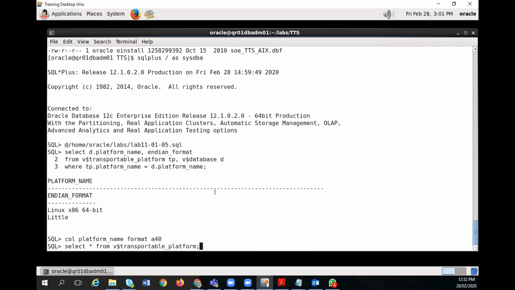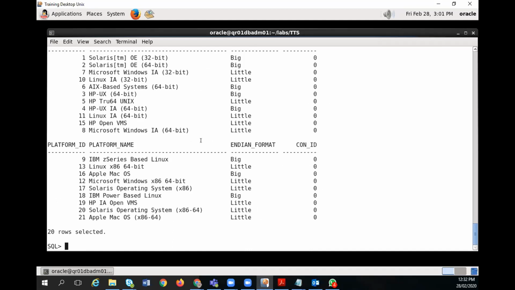Here you can notice the AIX. AIX is supporting the big endian format, got it? Where the Exadata is supporting the little endian format. So that's why this case study is taken.